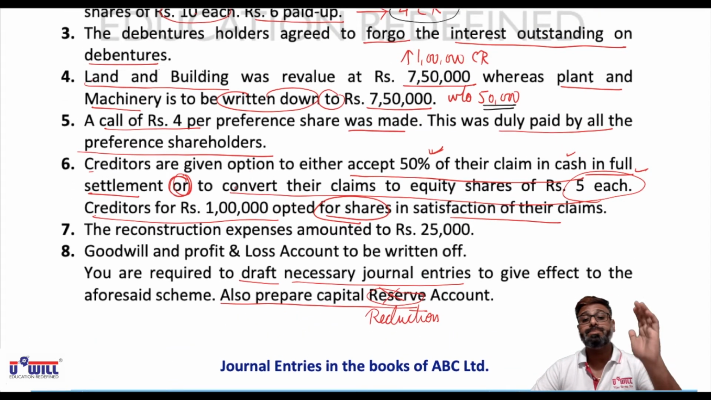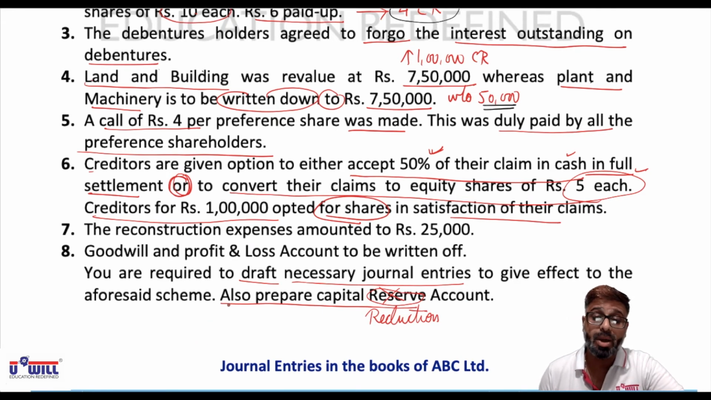They have to select one of them. So if I say Mr. A and B have gone for a movie, Mr. A liked the movie, it's quite obvious that Mr. B did not like it. Okay. So when they say creditors are given two options, one to take cash in 50% in full settlement, or